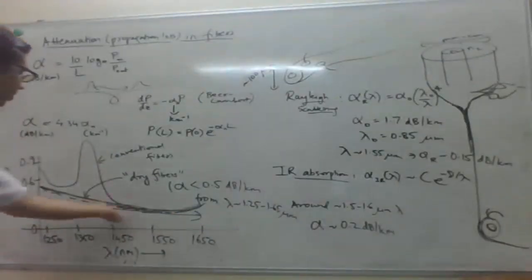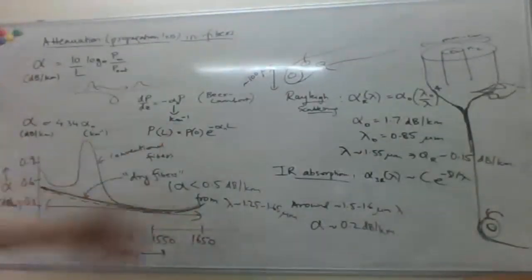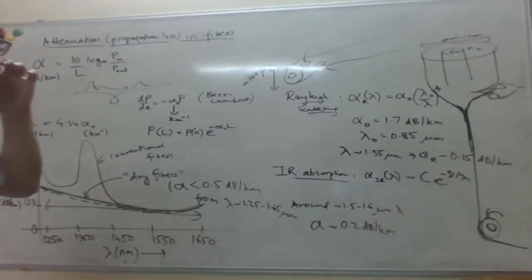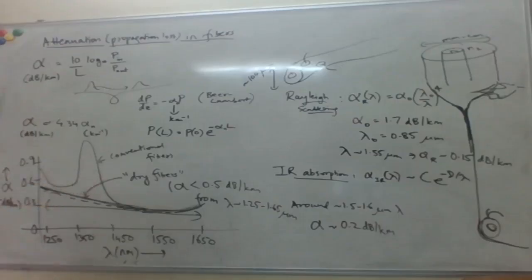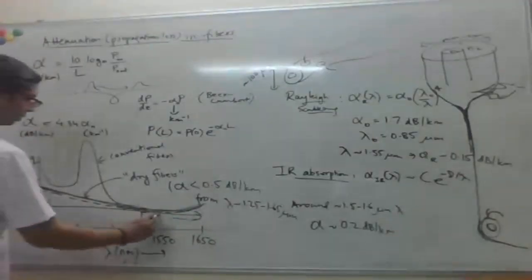So you have a lot more wavelength channels available to you to send data simultaneously, and your data rates can really go up. Nowadays people demonstrate a terabit per second or more than a terabit per second data transmission quite routinely. And typically this whole band is divided into different